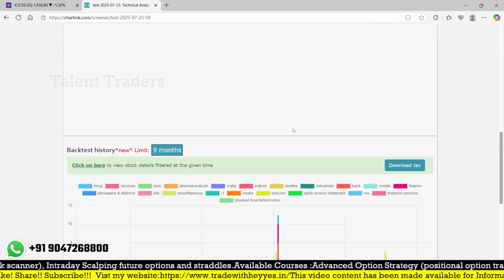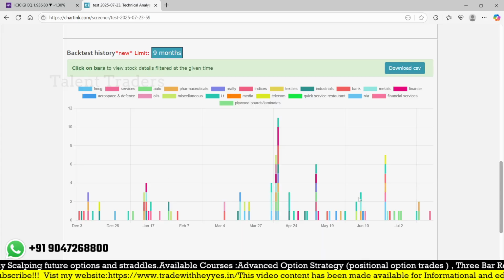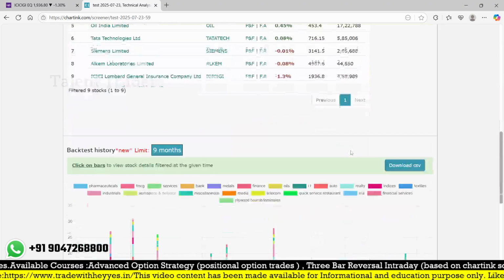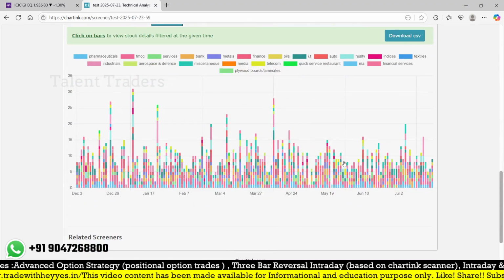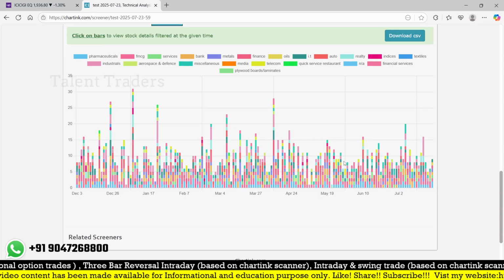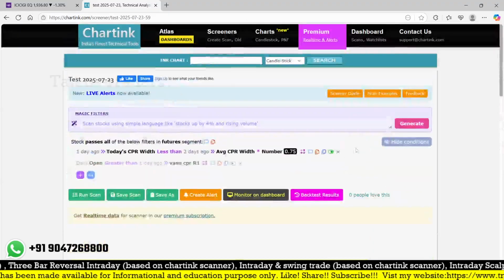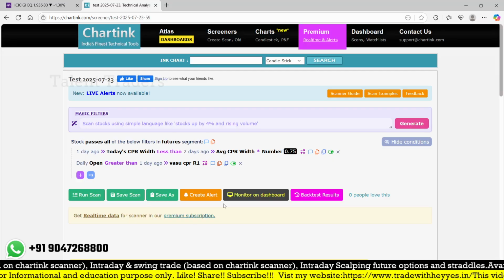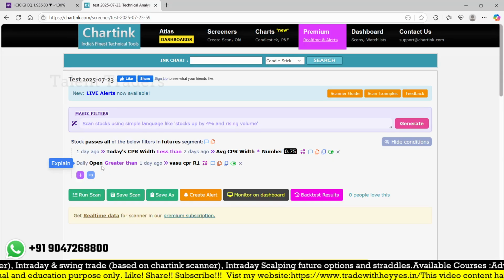And today, even nine stocks have a narrow CPR. But we can look at this. Without this condition, we will find many stocks here, so it would be very rare to take a trade or track the stocks. But if I add one more condition, the stock which opened above this CPR in the first